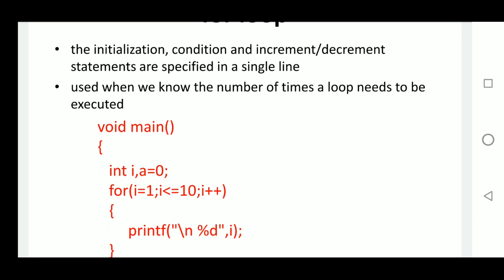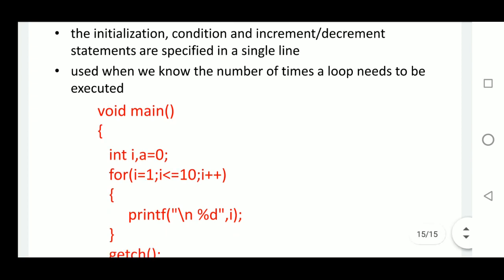It is used when we know the number of times a loop needs to execute.